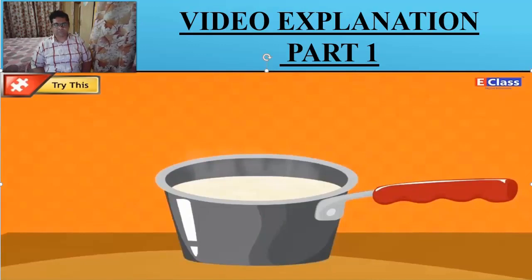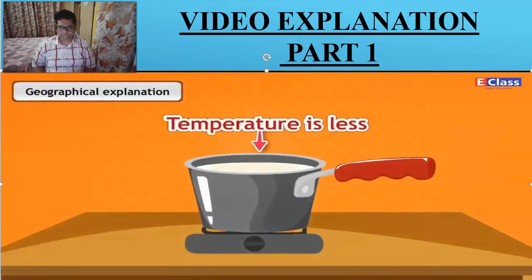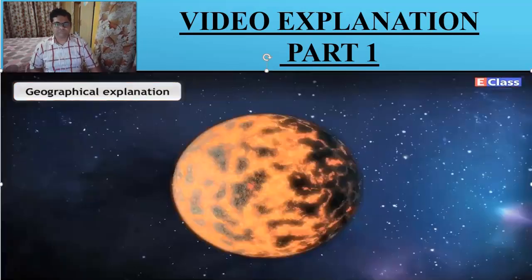Geographical explanation. Before boiling, the milk was in the liquid state. After it came to a boil, steam started coming out from it. After some time, a thick layer of cream develops over the milk. The temperature of the cream is lower than the milk below. Thus, it can be implied that the creamy layer cooled faster than the milk below it, which remained hot and in a liquid form. A similar process occurred when the earth cooled.